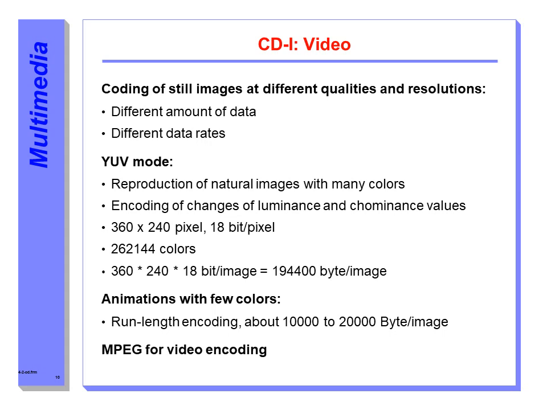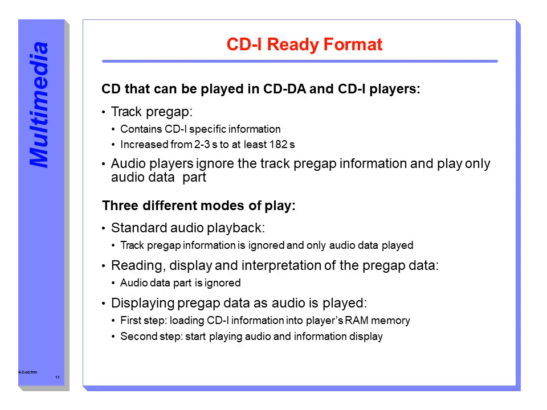Reproduction of natural images with different kinds of colors and encoding mechanisms, which involves changes of luminance and chrominance values. So 360 by 240 pixels is completely unimaginable nowadays, even on a mobile itself, where you can see more than 2000 or 3000 pixels in horizontal and vertical resolutions. The calculation of per encoding.